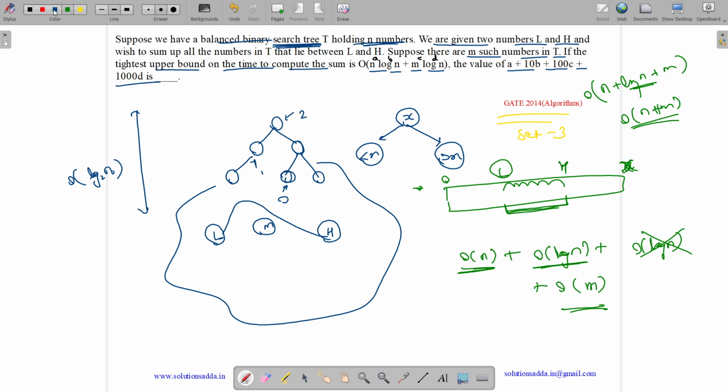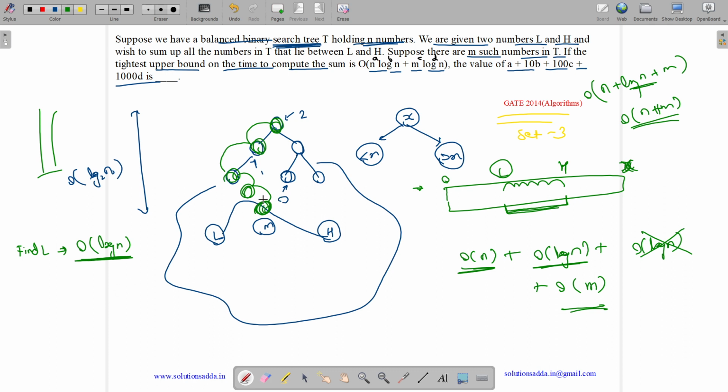See, how will we do so? Given a binary search tree, as the height is order of log n, we can find any item in order of log n. So first we will find L. What will the complexity be? Order of log n. Let us suppose we are coming over here, then here, then here. All the intermediate nodes, we will keep on pushing on the stack. So we will be maintaining a stack. So time is log n till now.